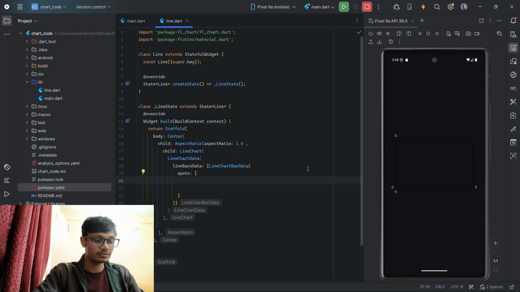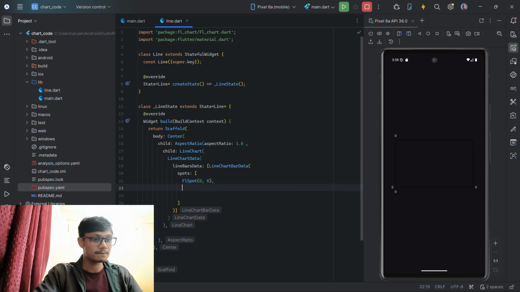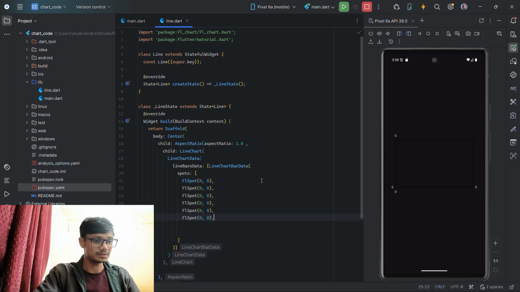We have to give FlSpot with x value 0, y value 5, sorry, 0, and the same way we give some other values. x value 1 comma 5, x value 2 comma 3, x value 3 comma 6,